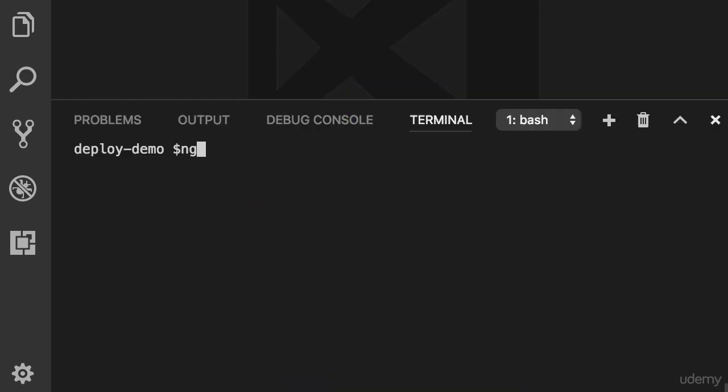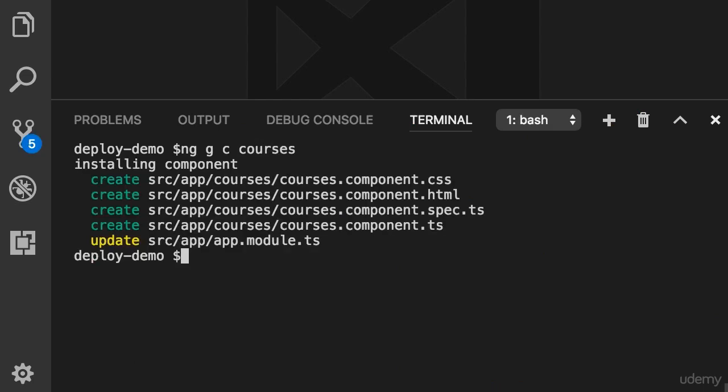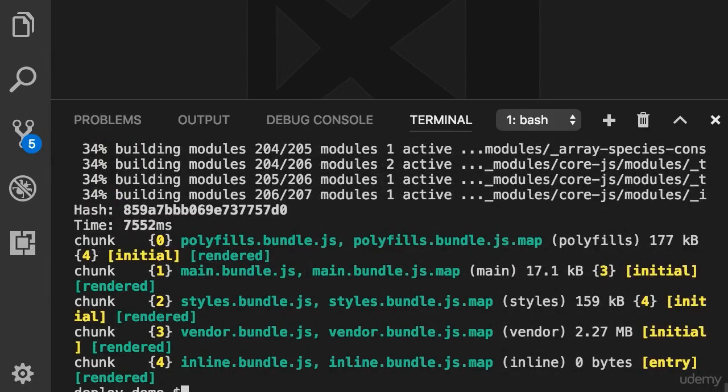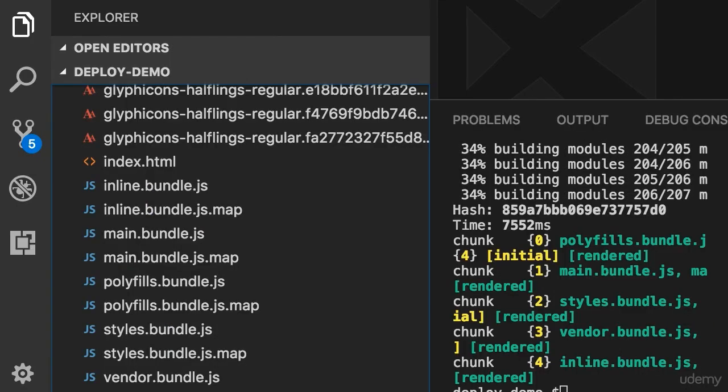So I'm going to create a new component. Let's call this courses. And I'm not going to use this anywhere in our application. Okay? Now I'm going to build the application one more time. So ng build. All right, our bundles are ready. Now let's take a look at this